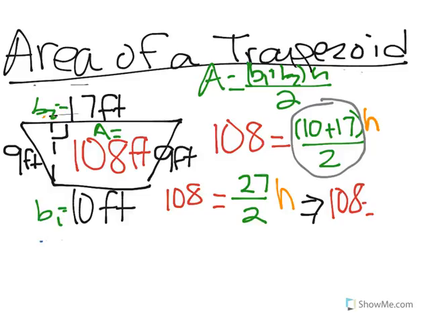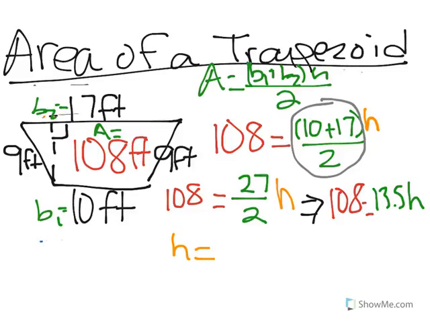Let me do that. Height. And now we need to do the inverse operation on what's being done to the height. What's being done to the height is being multiplied, so we need to divide. So we're going to get height